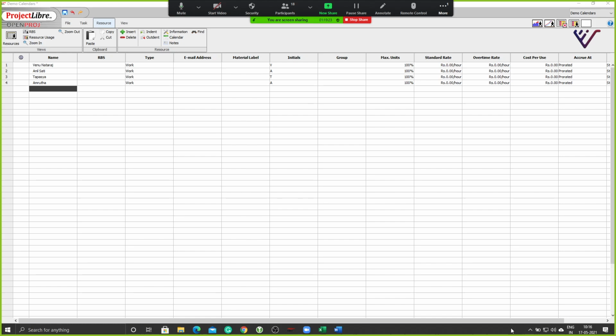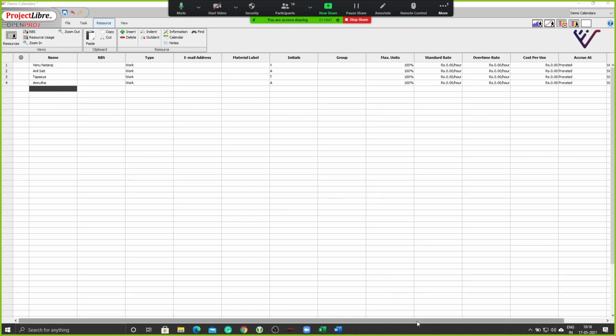I noticed that in the task information advanced tab, the drop down didn't have the ones that you created. Yeah, because I had to create it as a separate new calendar. I made a mistake. I put it under the schedule calendar itself.